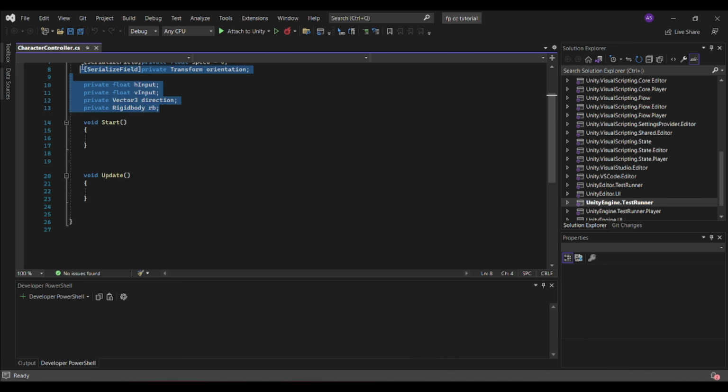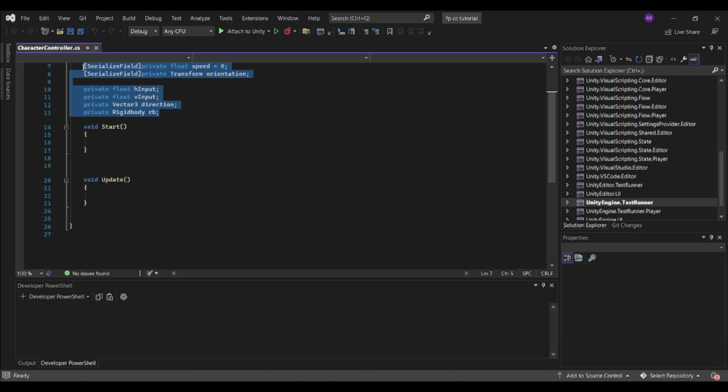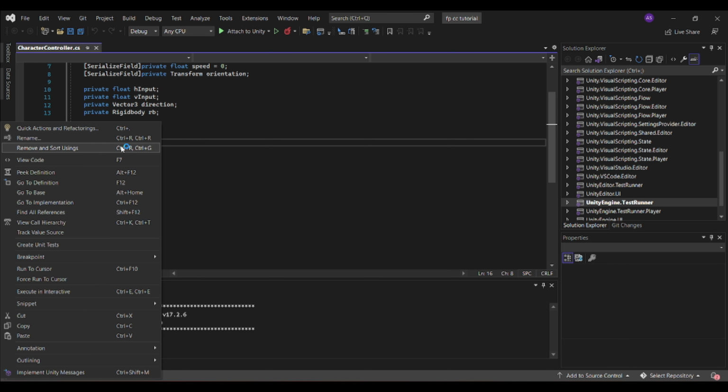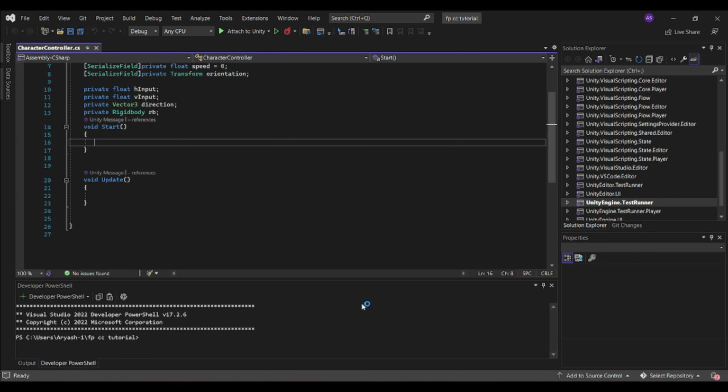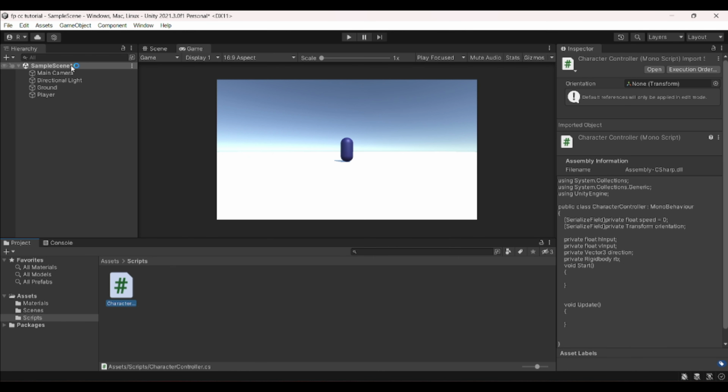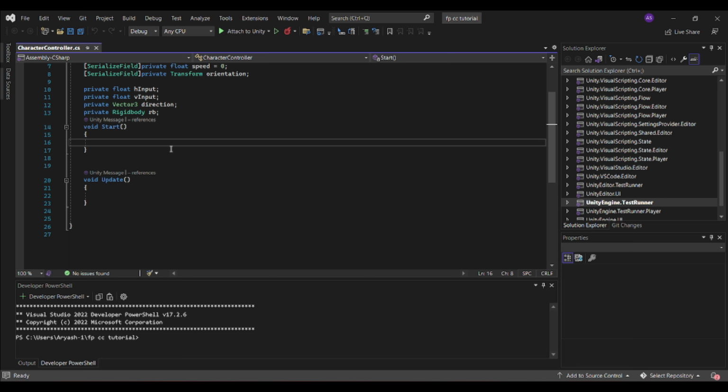In this video, we're going to use these variables by coding in the start function. Now, the start function runs whenever we start this scene by pressing the play button. So, it only runs once when we run the project, and only once.